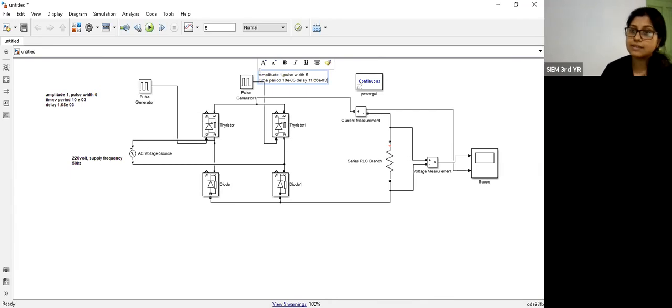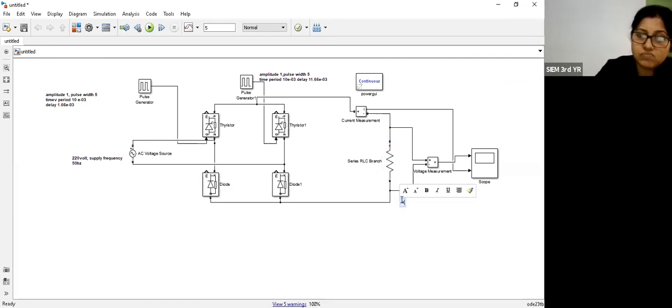Why 11.66? Because 10 millisecond is the time period for the positive half. So that means if we are positive half means 180 degrees. Suppose 30 degrees is the firing angle for the first thyristor. So the next thyristor, next sequence should be 180 degree plus 30, that is 210. Similarly, if we calculate the time period, so 10 millisecond plus 1.66, that is 11.66 is the second sequence or second firing sequence of the thyristor. And the load resistance, that is capital R, should be equal to 5 ohm.